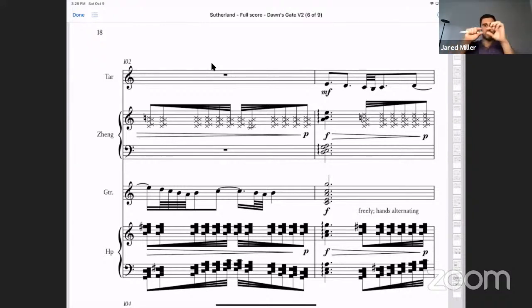What happens if you started with a single range and then the range gradually expanded? Or you started with one note down here and one note up here, and then it gradually got filled in. There are many different parameters you can play with in texture. What's the color that you're using, and how is the color developing? These are all things you can ask yourself when you're focusing on musical texture.